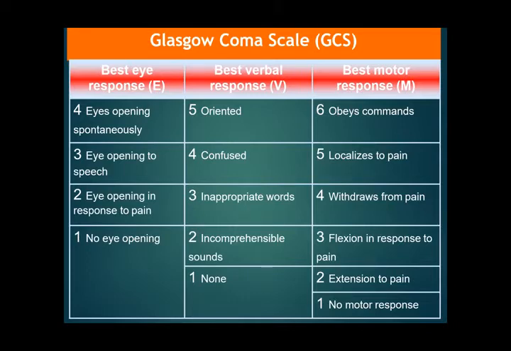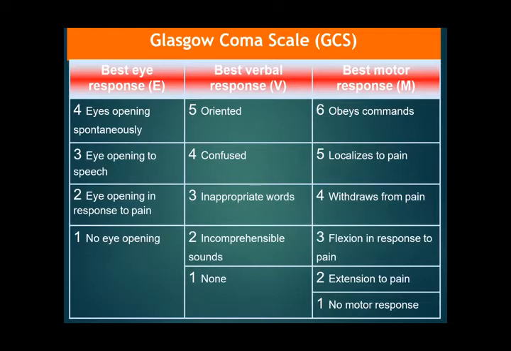In motor response, the maximum score is 6 and the minimum is 1. With a score of 6, the person is obeying commands. When the person obeys commands, we give it a score of 6. When he localizes to a painful stimulus, that is given a score of 5. When he withdraws from the pain, he doesn't localize to the pain, but he withdraws from it, that is